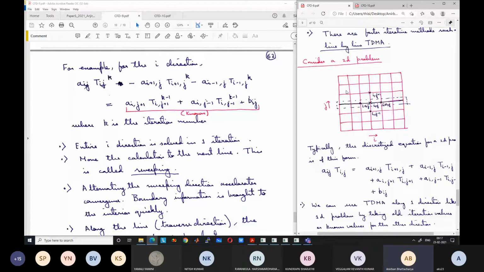Okay. So we will start from the bottom line and go to the next line, then the third line, fourth line, fifth line, like this, and find out all the kth iteration value. Once we pass from one side of the domain to the other side, all the kth iteration values are known. Okay. We will check for the convergence criteria. If we see that convergence has not occurred, then we will go for the next iteration.